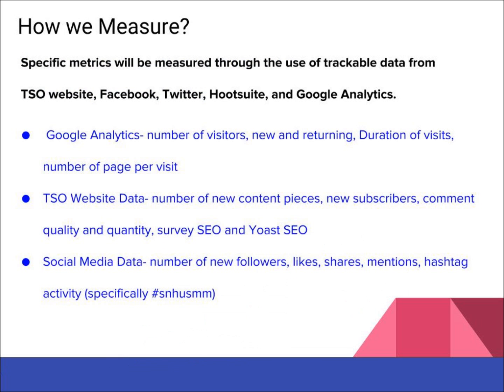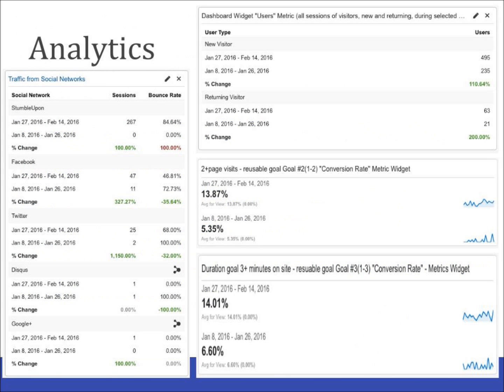We measured these strategies and tactics through the specific metrics that were trackable data from the Social Observer website, Facebook, Twitter, Hootsuite, and Google Analytics. As you can see on the analytics slide, we had positive increases using the measurable metrics. So we had high conversion rates, and we also had positive increases in customer